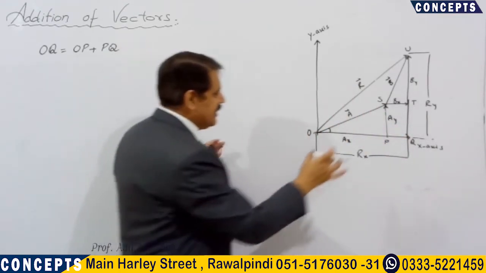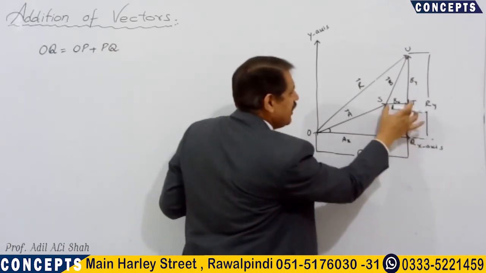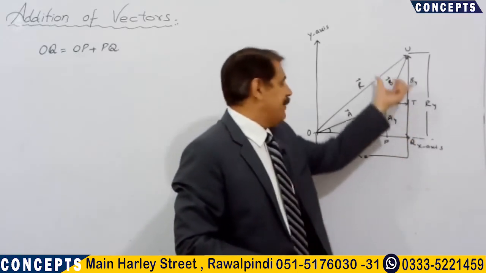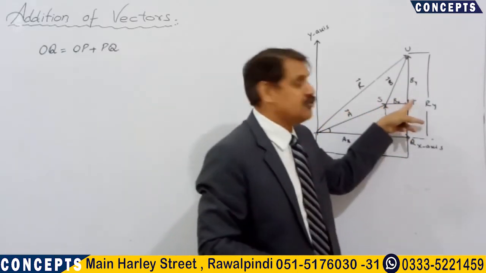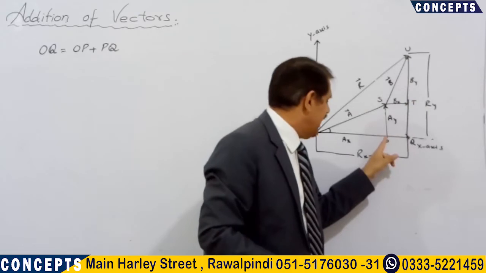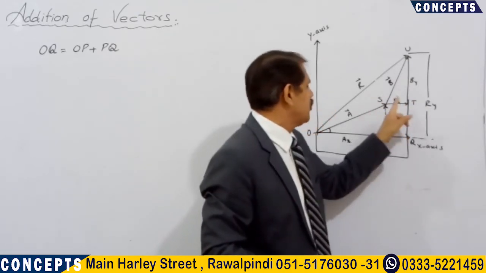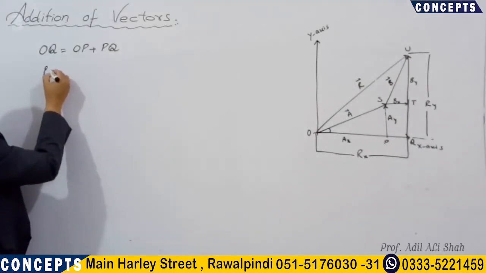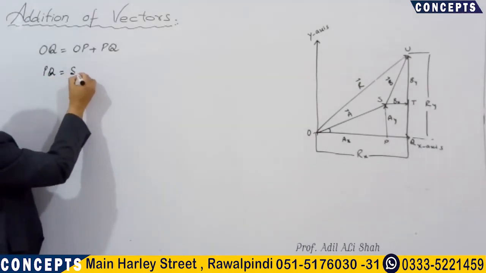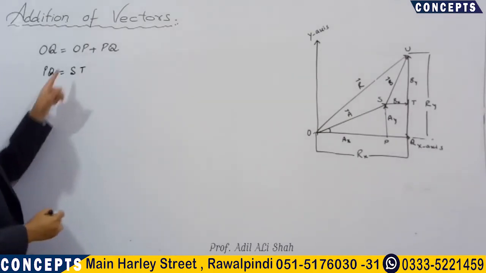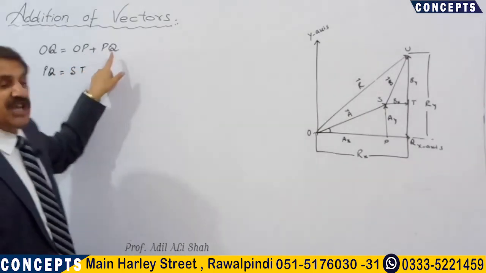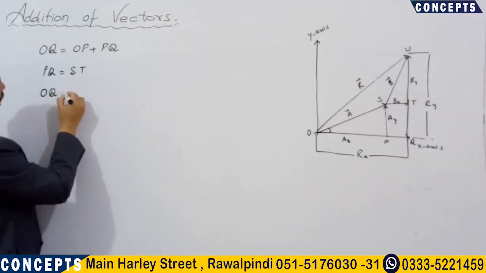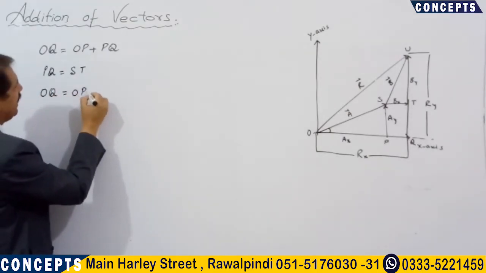But we see that this PQ is equal to ST. Why are these two equal? Because these are two parallel lines being cut by two parallel lines. It means that the length of PQ must be equal to the length of ST. So we can write PQ is equal to ST, so we can write ST instead of PQ. So OQ is equal to OP plus